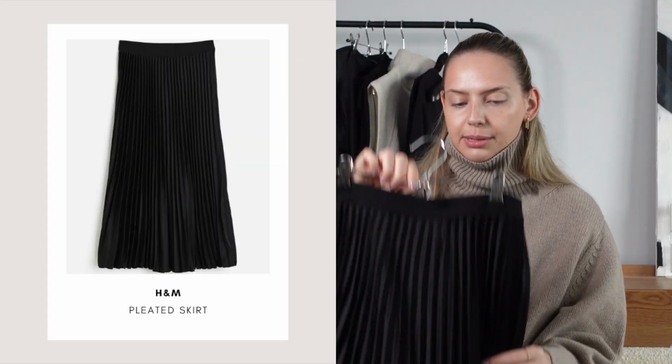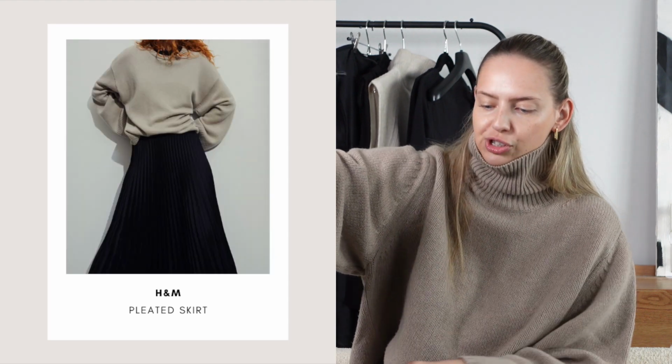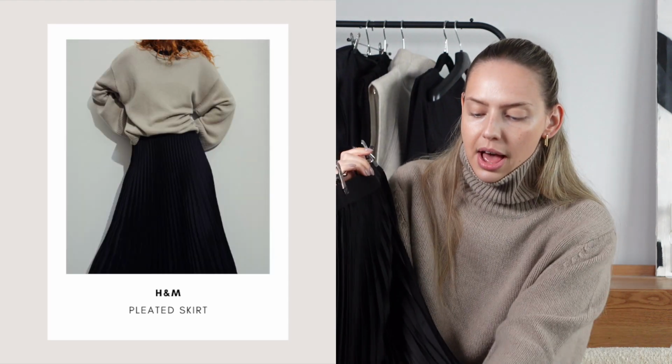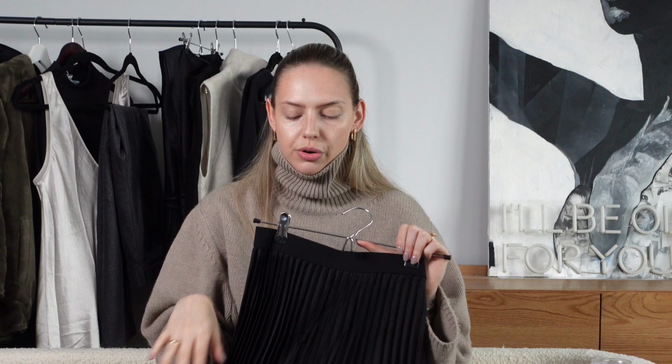I've never purchased anything from Prada before. From H&M actually, and it's a pleated skirt, and this is a true midi pleated skirt. It actually hits maybe just a little bit above my ankles. I am, for reference, 5'9", so I am quite tall. So maybe the skirt would fit more midi for someone who is shorter than I am,